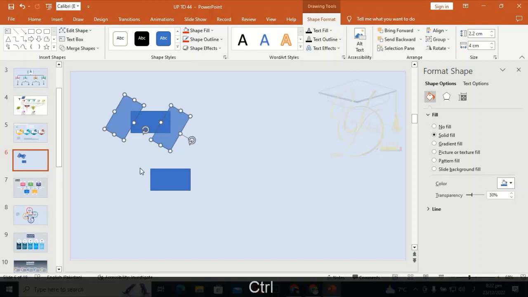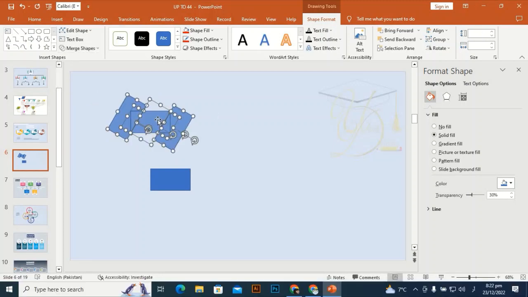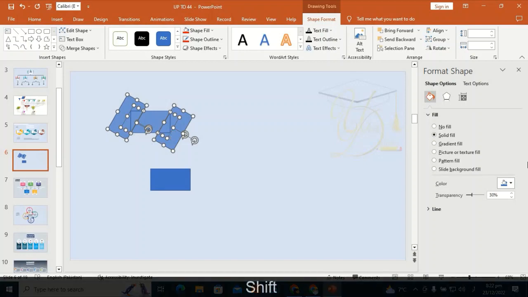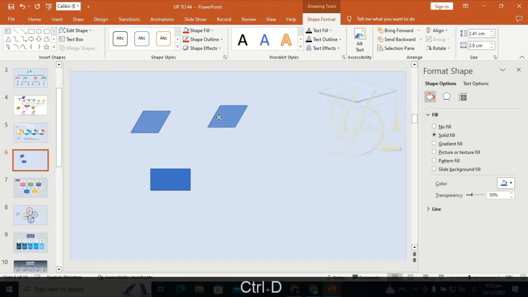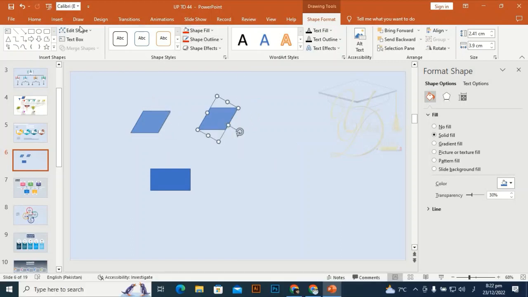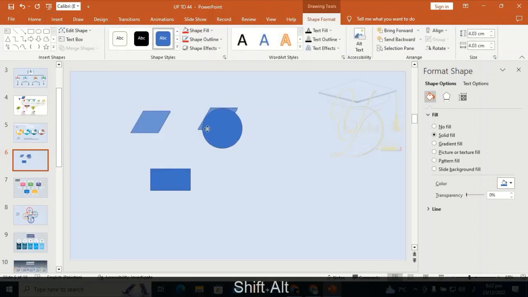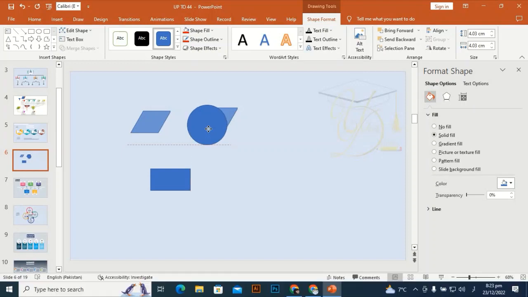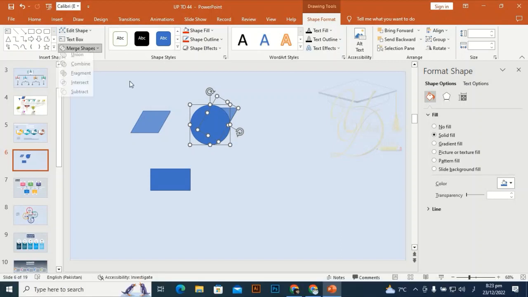Select all. Go to merge shape, fragment. Hold shift and select this one. Delete. Control D to duplicate it. Go to insert. Take oval shape and draw an oval circle by holding shift alt and place it here. Select both, merge shape, fragment,